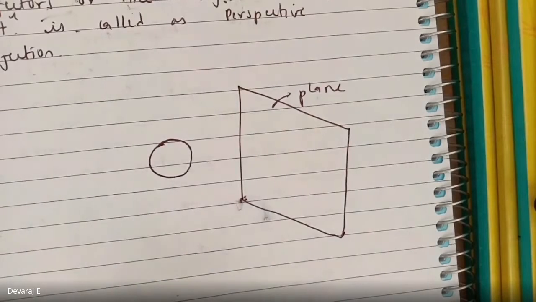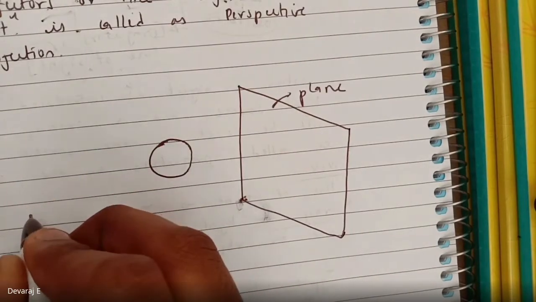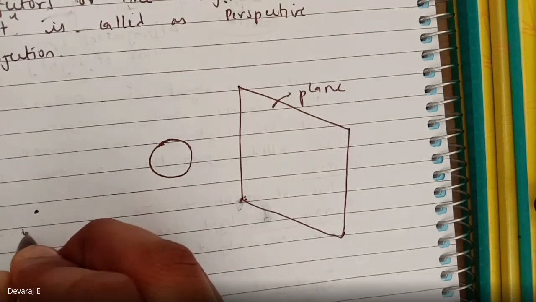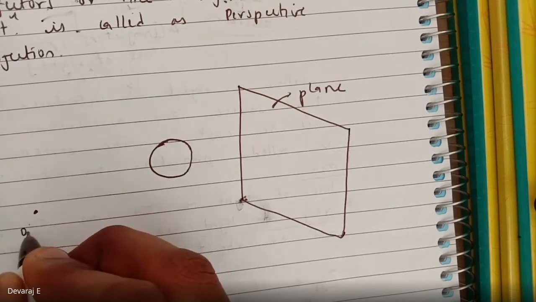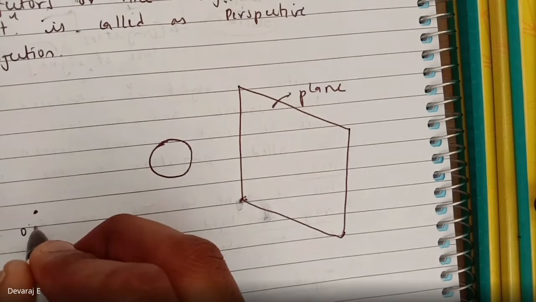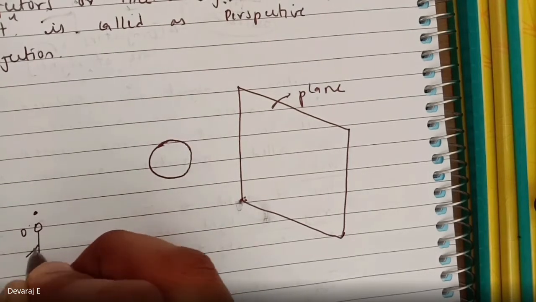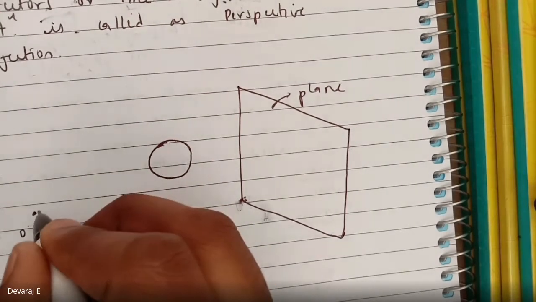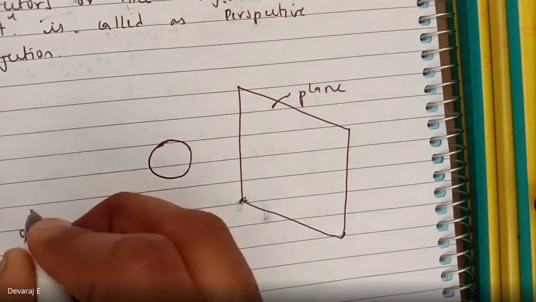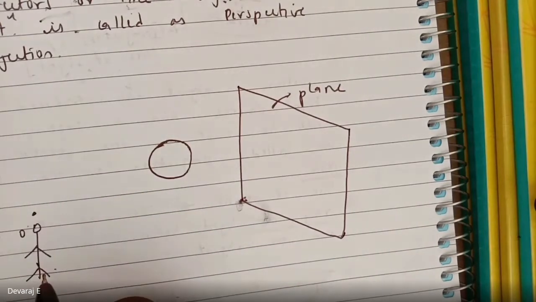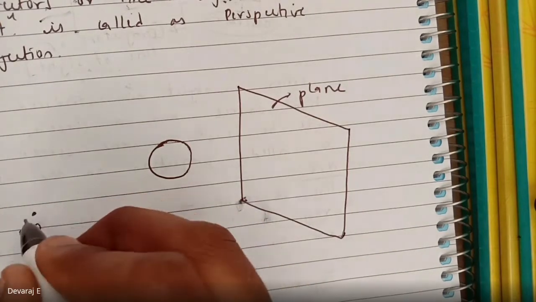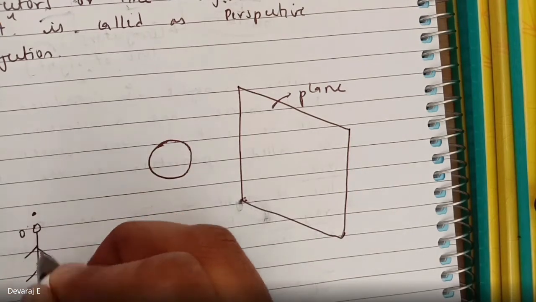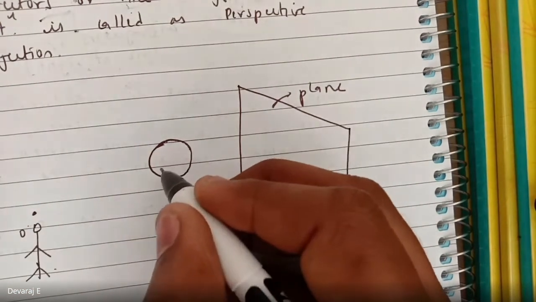So you may take the ball. Okay, this is the object, and this is the observer. Okay, so the observer is here, or you can see it as the light source. Okay, the observer is here. So when an observer is seeing the ball, and if you want to see